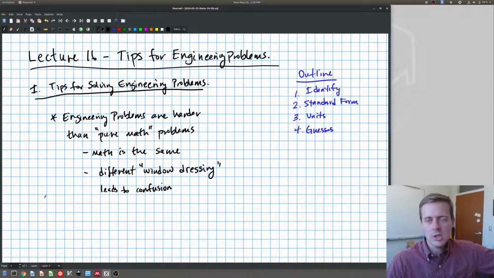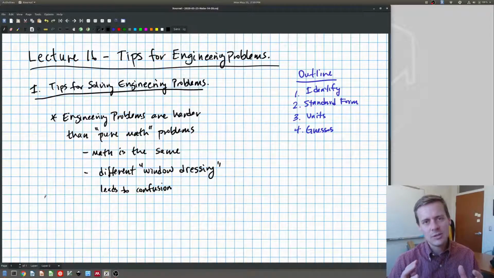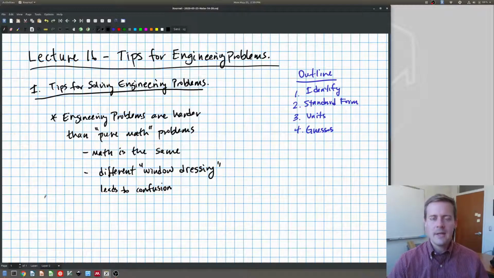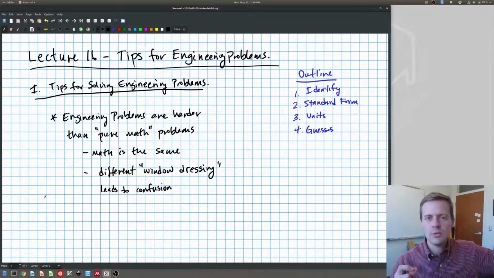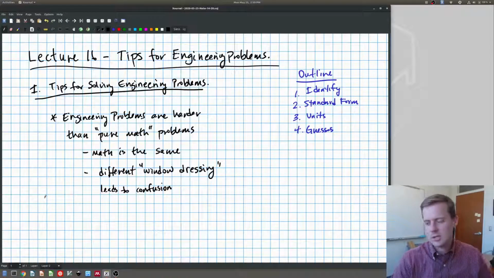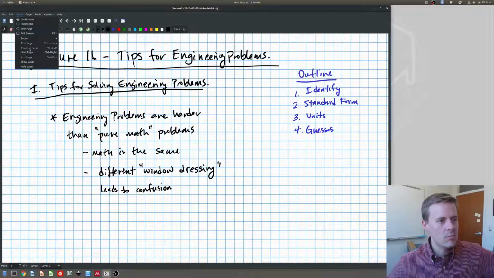But usually, if you have something that's got engineering units, it's a story problem, that seems to be a little bit harder. And what's going on underneath the hood here is that the math is exactly the same. You're going to have either an algebraic problem, a linear algebra problem or a nonlinear algebra problem. But there's sort of a different window dressing on top of that, all right? And that different window dressing can confuse you or make you not see the connection between that engineering problem and the methods that we've been using. So today we're going to practice a little bit of that. I'm going to give you my tips for how to go about turning those engineering problems into math problems and seeing the connections there. All right, so